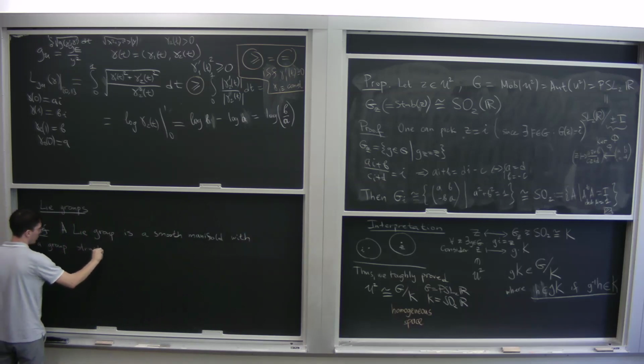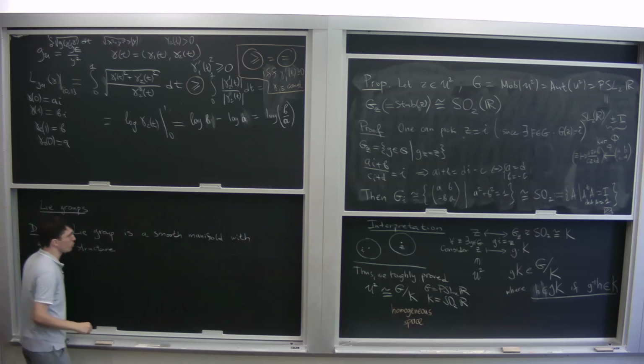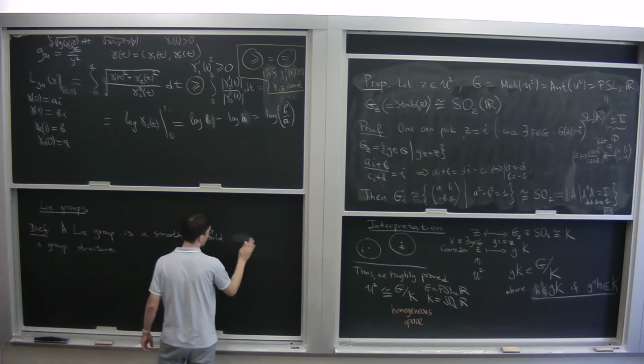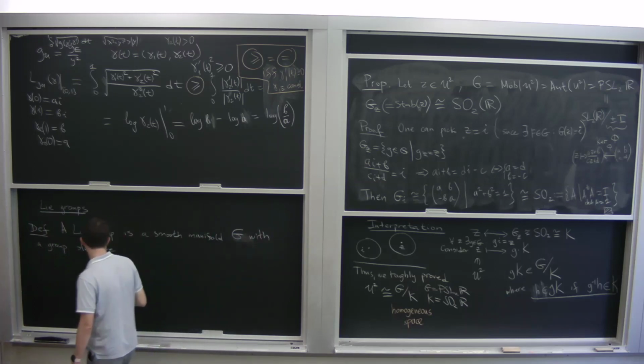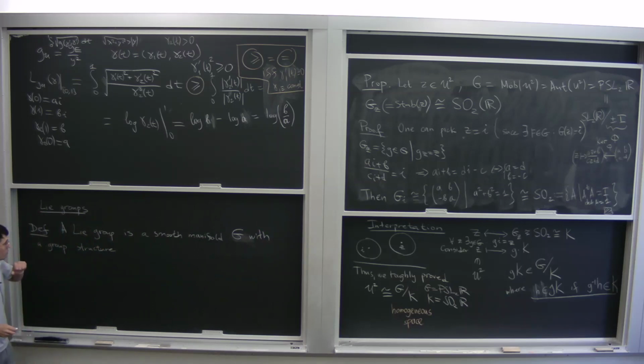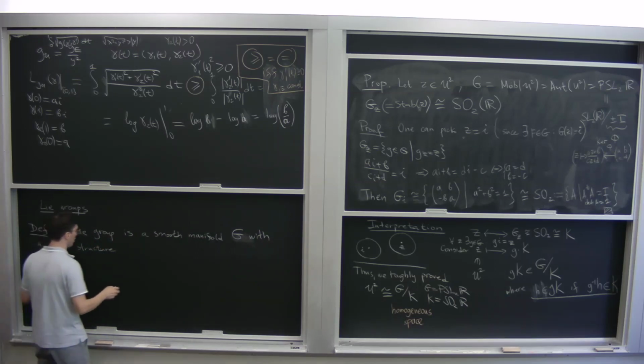Group structure. So there's a smooth manifold G, with a group structure. So we have two operations, right? We have multiplication and